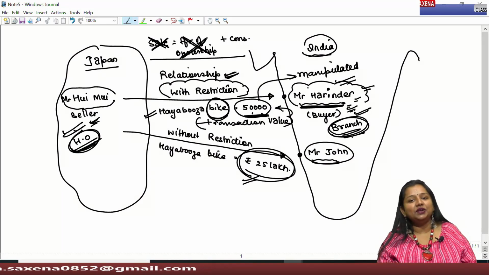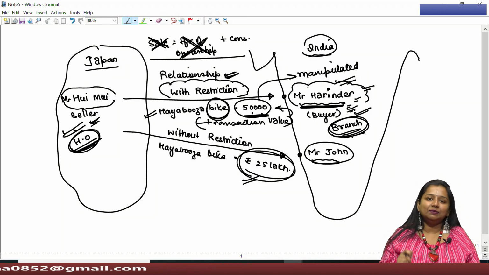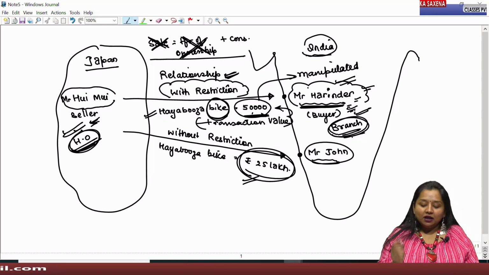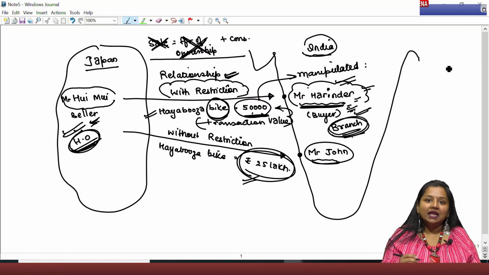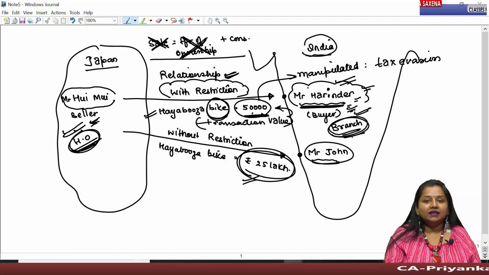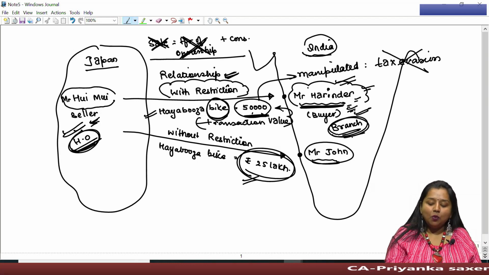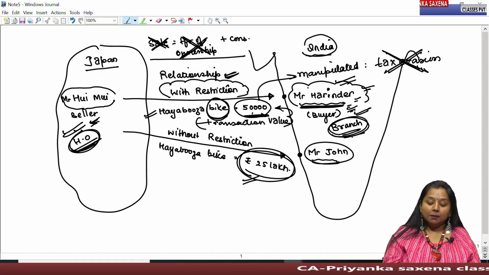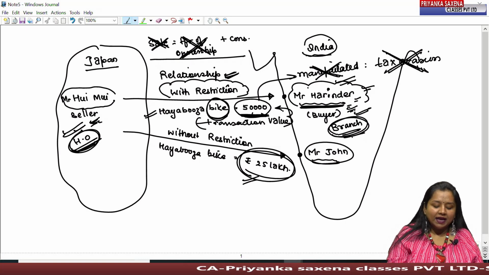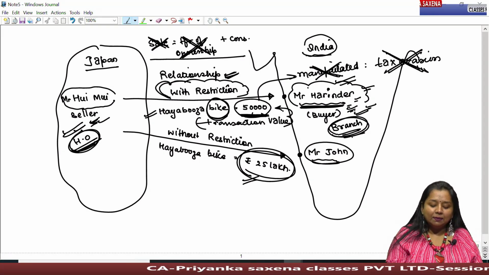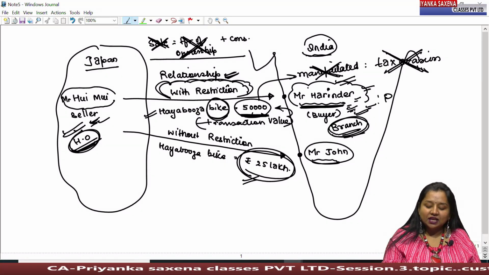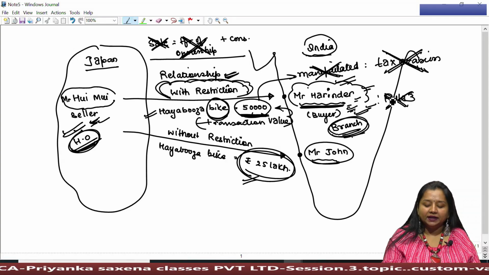And if the transaction value has been manipulated, then obviously assessable value must always be manipulated for avoiding, for reducing the tax payable by the assessee. Therefore, lawmaker says under rule 3 that to avoid such tax evasion, by avoiding this manipulated value shown in the invoice by the supplier to the recipient, when supplier imposes restriction even after the transfer, then under such case rule 3 can never be applied.